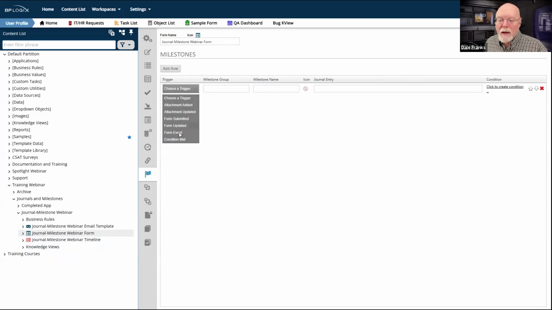Now, form event is only one of the events that we have. All of those form events that we looked at just a few minutes ago are all encapsulated into, on the form side, a single event marker. So if any form event occurs, we can force a milestone to occur.